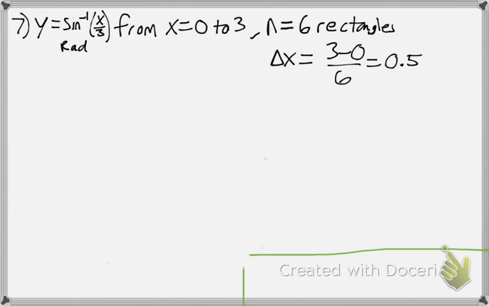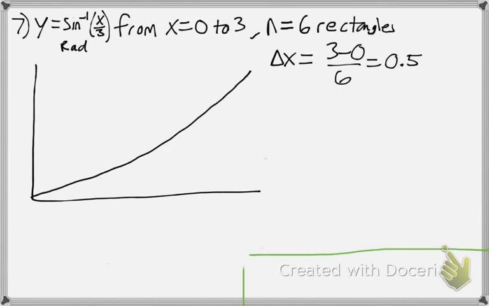The width is still the same, so the only thing that we're changing is that it's right Riemann sums. So same curve. Let's see if I can do the spacing again. 0.5, 1,